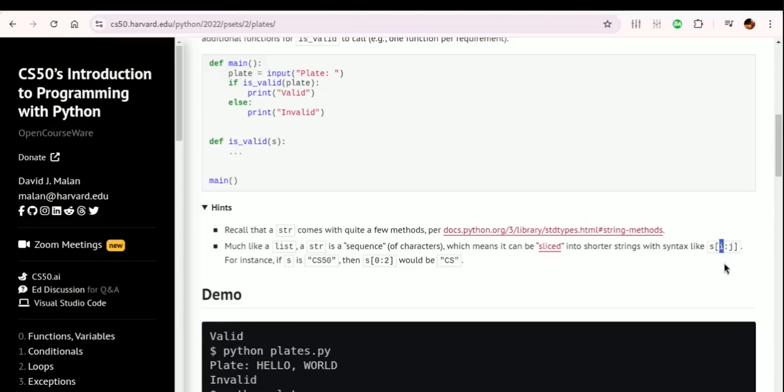I is the starting of the slicing and J is the ending of the slicing. For example, if S is CS50, this is a string, a sequence of characters, but the difference between it and the list is that it doesn't have braces or brackets. Then if we want to slice this S string, which equals CS50, then S open and close brackets 0 colon